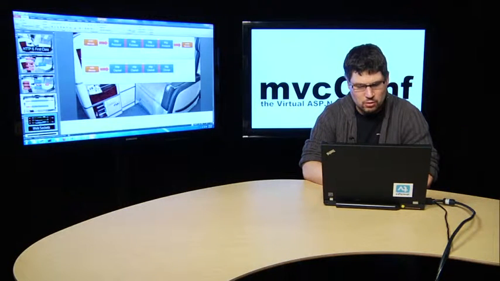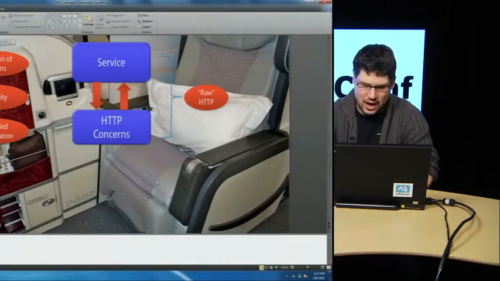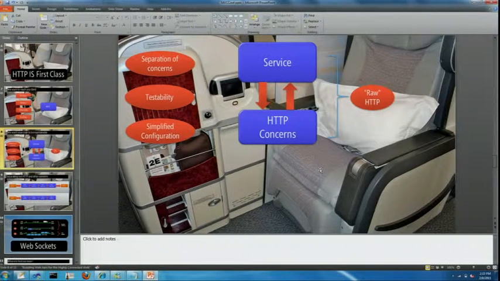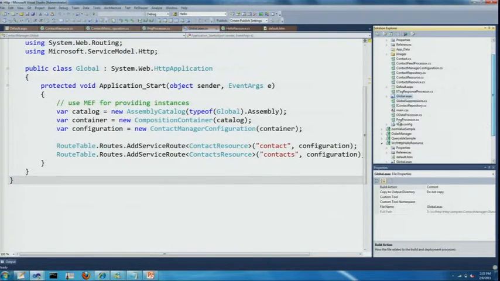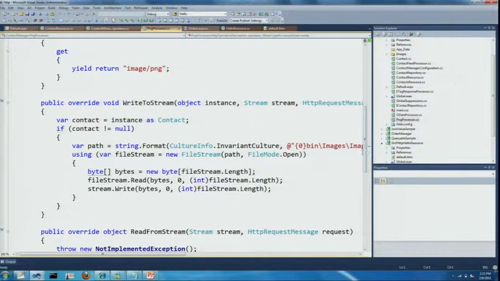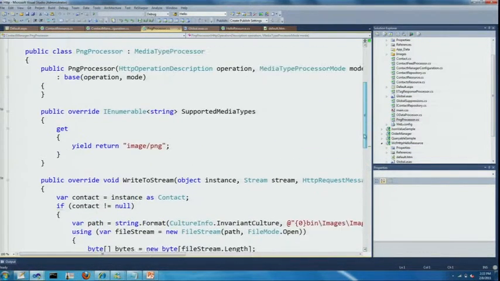Okay, so going back to this diagram here and driving this back home, this idea that, hey, I was able to plug in addressing this separate concern of formatting. I didn't have to modify my service code or my resource code. I just plugged in the formats that I wanted to. And those processors themselves, by the way, are actually very easy to test because they don't have any underlying static dependencies on the host or anything.